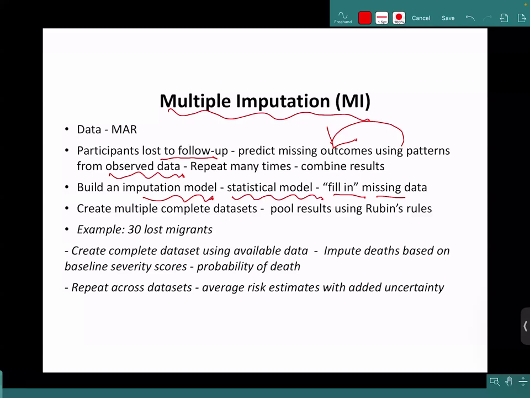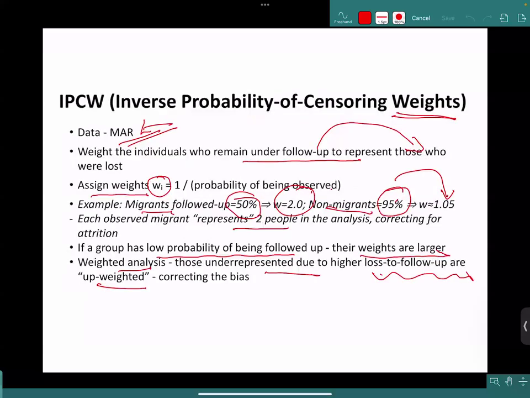Ma'am, in the previous method, for the inverse probability, what do we do there for the baseline characteristics of the individuals who are missing? Those baseline characteristics are there. These weights which are there, you are going to use in your analysis. This I'll tell you in some other class. You just calculate the weights, and in your entire analysis, you have to use these weights. That is, you have to give sufficient value to people who have been lost to follow up, assuming that whatever is missing is at random.